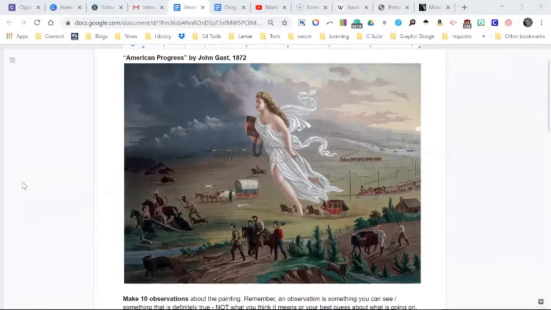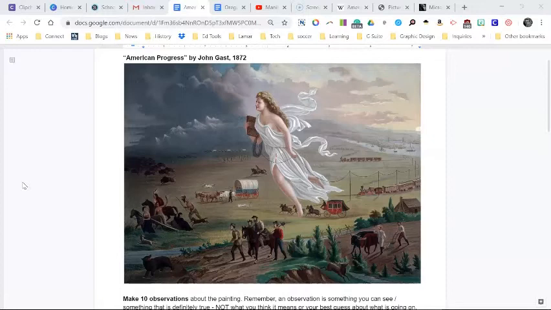So by this time, you should have completed this assignment, your analysis of the painting American Progress. What we're going to do now is I'm not going to go through every potential observation that you could have made. There's a lot of things you could have seen here. And remembering that an observation is simply the things that you can see. It's not an interpretation of the meaning of that item that you see or those things that you see. So I'm not going to spend a lot of time on that,